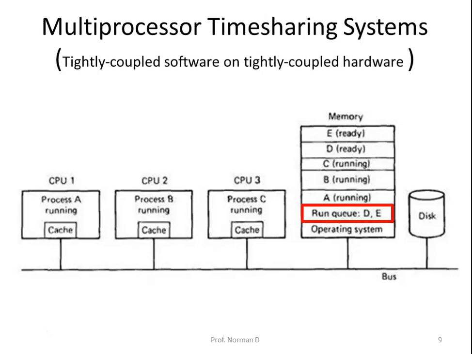Now because none of the CPUs have local memory and all programs are stored in the global shared memory, it does not matter on which CPU the process runs. If a long running process is scheduled many times before it completes, then on average it will spend the same amount of time running on each CPU.